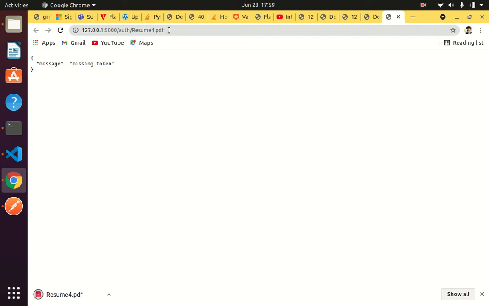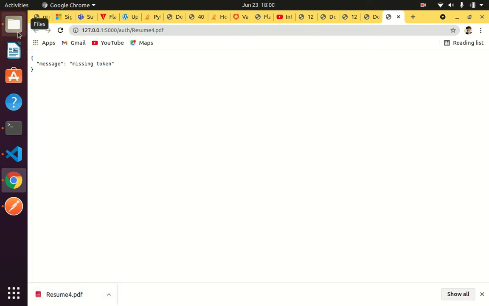All right, I got the file here. As you can see, it's downloaded. Two things we want to check now: whether it has been downloaded or not, and if yes, whether it's in encrypted or decrypted format. We want it to be in decrypted format because we want to read the file.